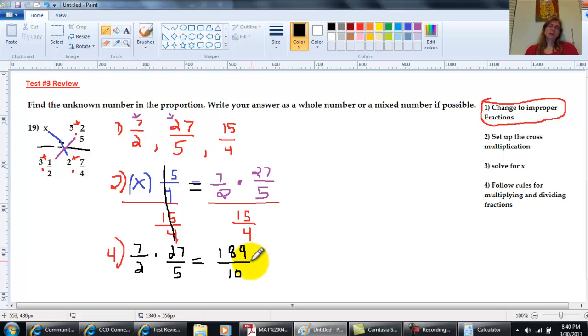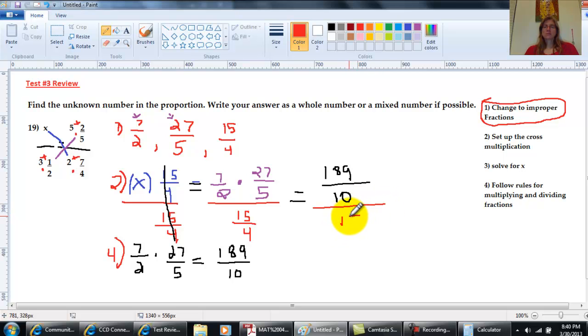Well, that's just, once again, a numerator. So let's take what we've done. We've solved that numerator. Let's put it up here. 189 tenths. Now that is over